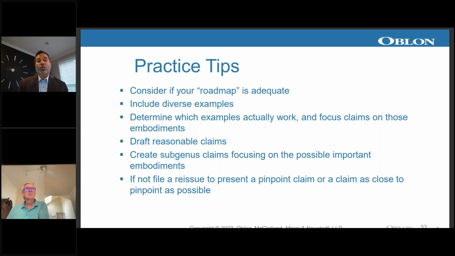You want to be aware of the fact that you're at least trying that in the independent claim, and you want to hedge for that in your other claims. And next tip, you want to create those subgenus claims that focus on specific embodiments. Suppose that you do get the broad claim allowed. Make sure that all your claims aren't going to fall. They have some dependent claims that get you some value, even if those broad independent claims fall in some kind of post-grant proceeding.